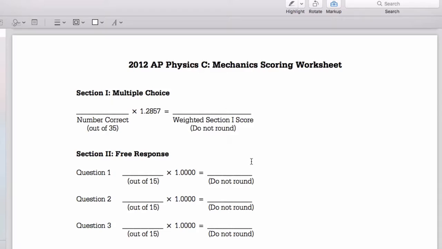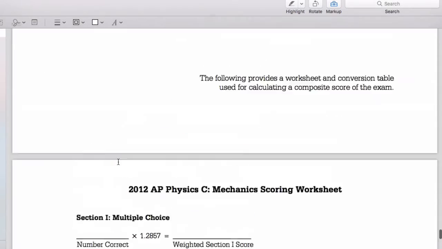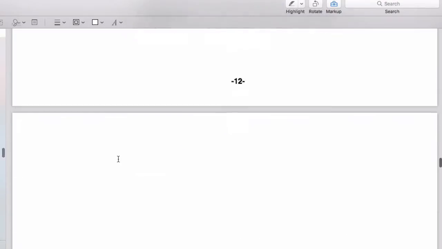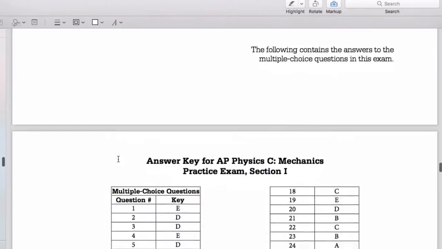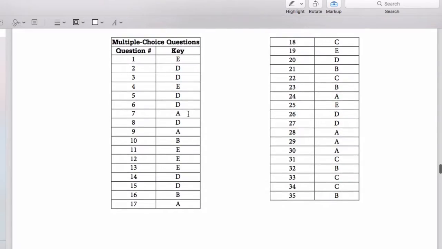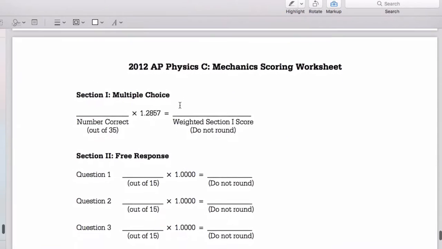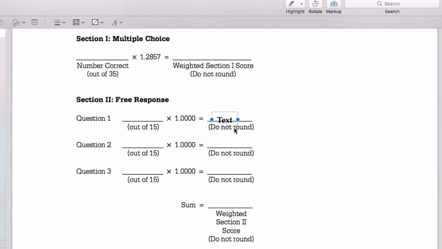So suppose, for example, on the multiple choice, you scored yourself and you found that you got, say, out of 35, let's say you did okay and you got 10 right. So you would put 10 here for the points. Then your weighted score, you're going to take 10 times 1.2857, so your raw score would be